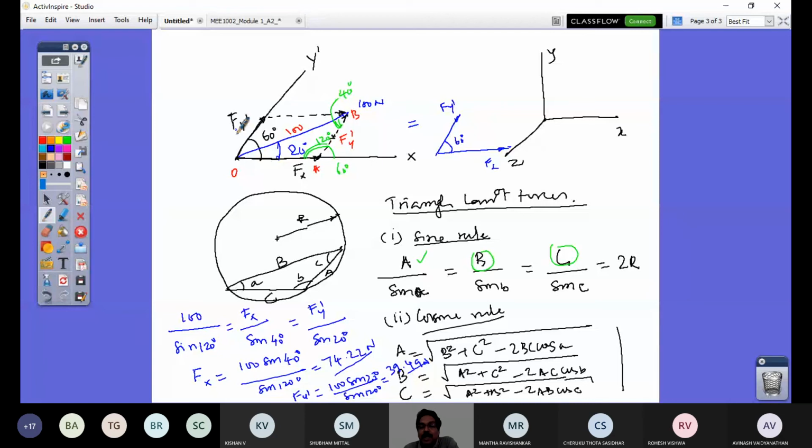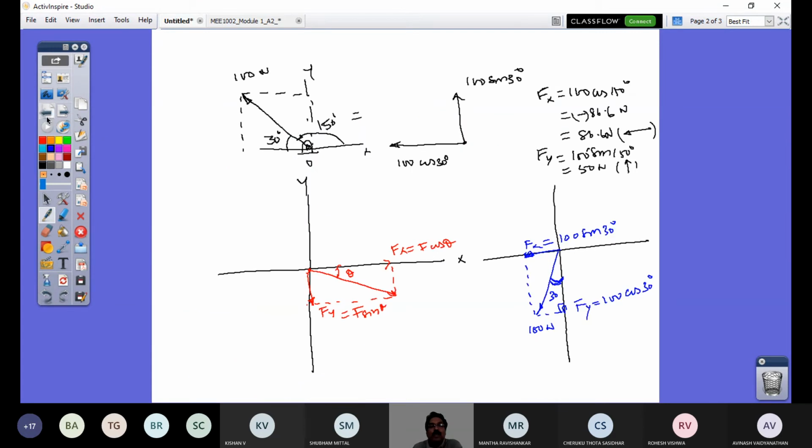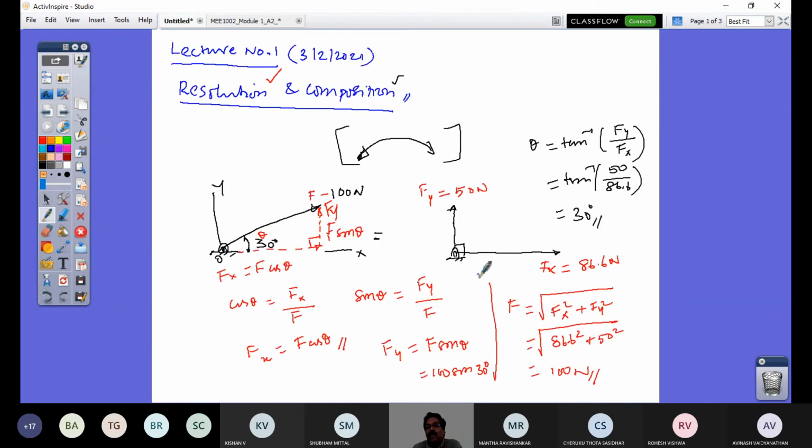How do you apply this triangle of forces, particularly when to use this triangle of forces? Whenever you have a force to be resolved other than in a Cartesian coordinate system, you require to use the triangle of forces for resolving. Now the same task we did in the previous case, like cross checking: how do you compose the two forces? You are able to compose this 86.6 Newton and 50 Newton forces by using Pythagoras theorem.